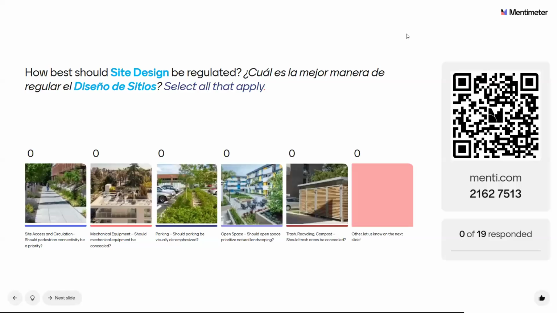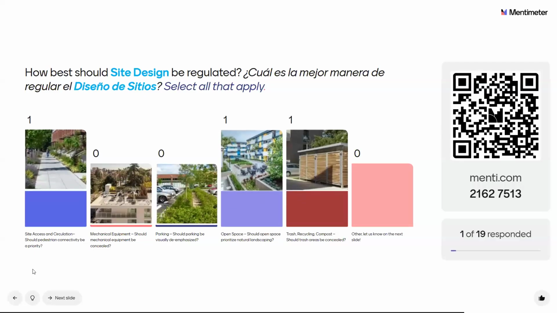So this one is the other category that I mentioned. We have building design as the first, and then site design is the second. Site design is everything but the building. So the pathways around the building, the landscaping around the building, how people walk and drive around the building, how equipment or other utilities are addressed around the building. So we're trying to regulate across these categories. So site access and circulation, for example,